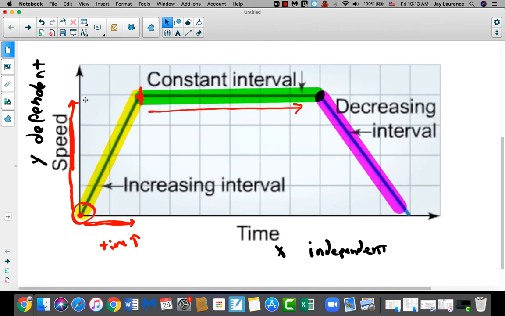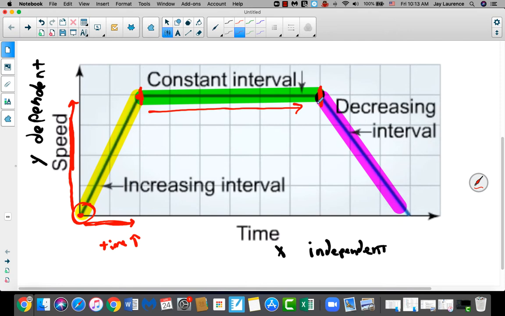I don't know how fast she's going. I mean, 2, 4, 6, 8 miles. I don't know. 8 miles per hour? I'm not sure. I can't tell. There's no way to know. But all I know is that whatever speed she's at, she's maintaining it here for this period of time. Okay? And then